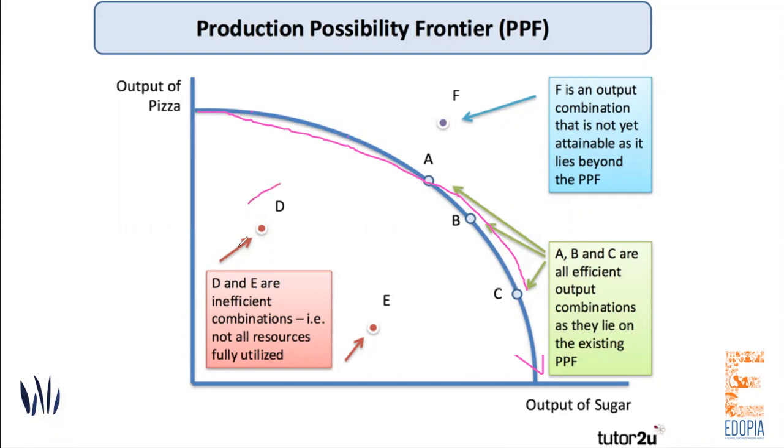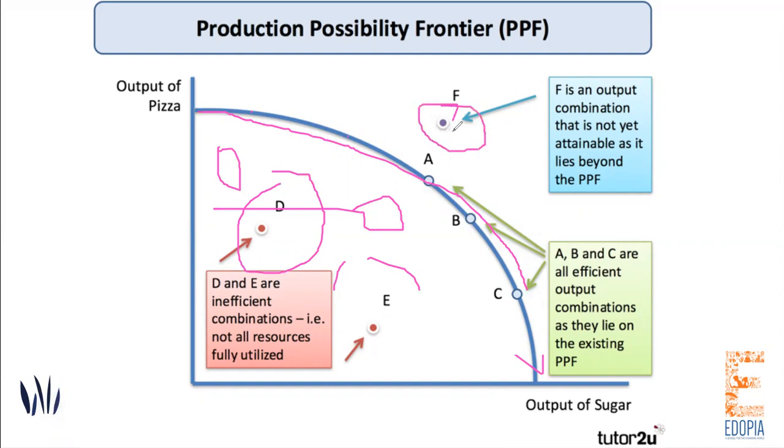Whereas any point that is under this concave curve is achievable, but it is not the most efficient point, and some of the resources would have remained vacant. Any point that is outside of the curve is not achievable or attainable without increasing the resources, because with the given resources you have already fully utilized them. So any point beyond the curve is not achievable.